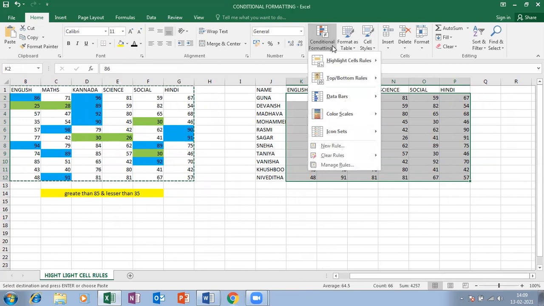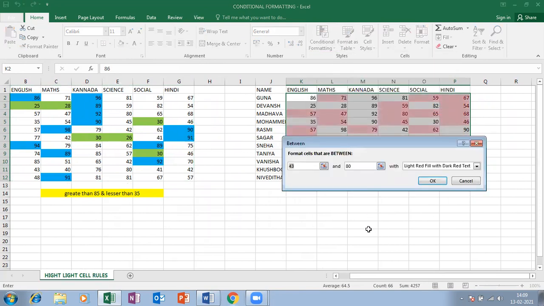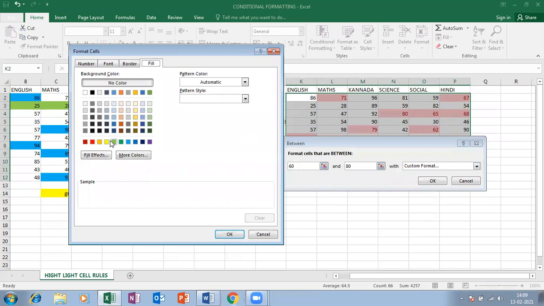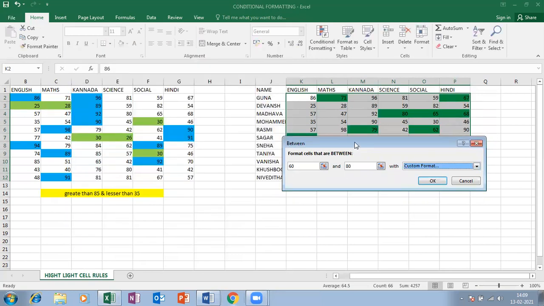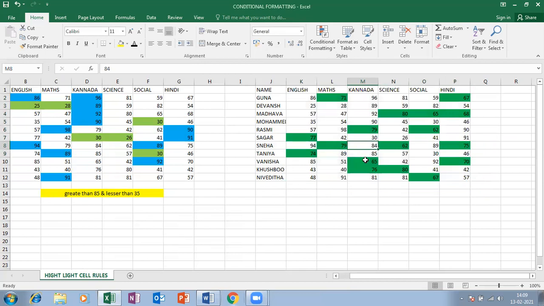Again, click on conditional formatting, highlight cell rules, click on between. Enter the values between 60 to 80 and fill with a color.